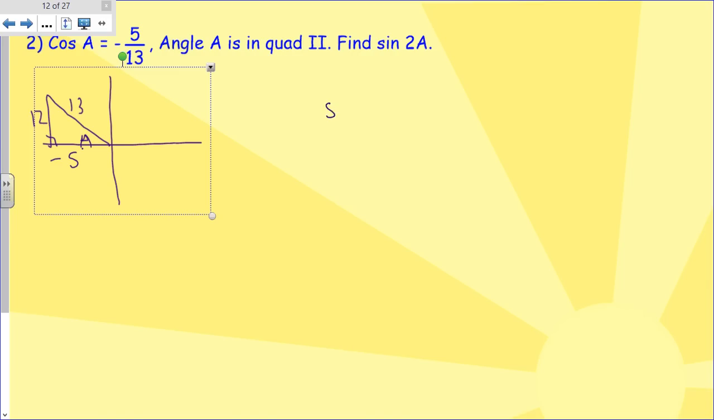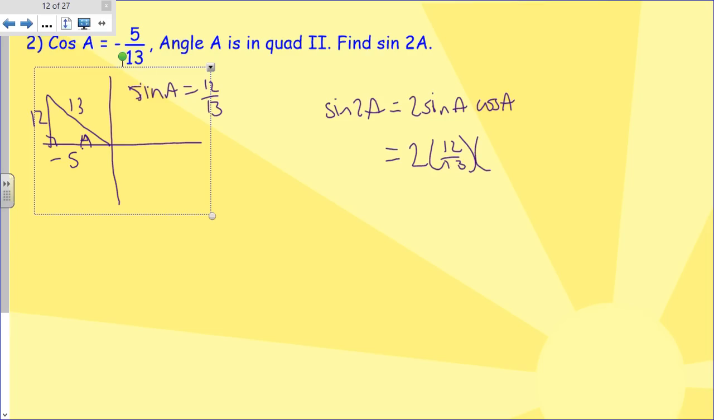And the sine of 2A is equal to 2 sine A cosine A. I know what the cosine is, so I have to find the sine. So sine of A is opposite over hypotenuse, so it's 12/13. So we have 2 times